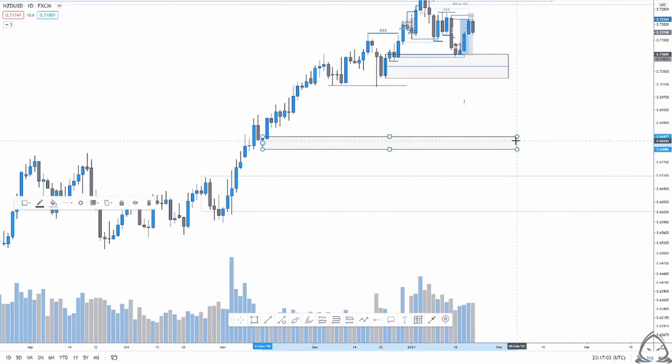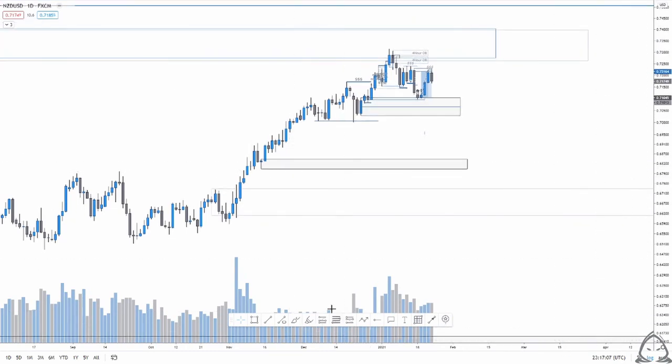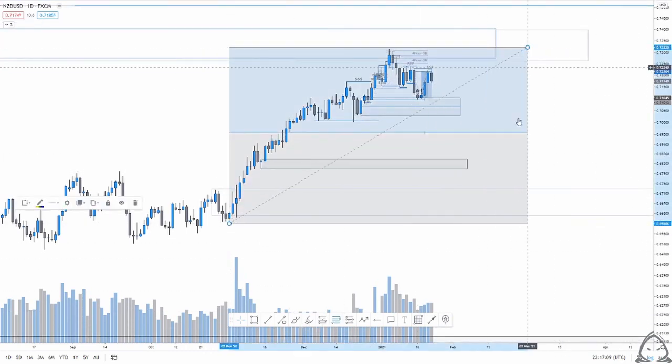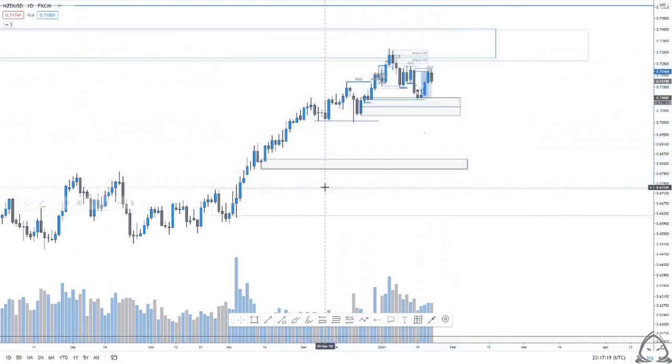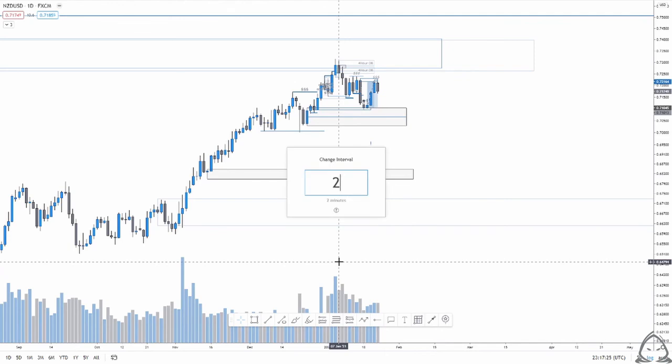That is something that we may want to factor in if we look at the overall leg of the complete structure. That would be comfortably inside the distal, comfortably inside the discount of the EQ leg. And I know Blackwatch will be watching that if he had Kiwi Dollar on his watch list. So moving into the 4 hour time frame,